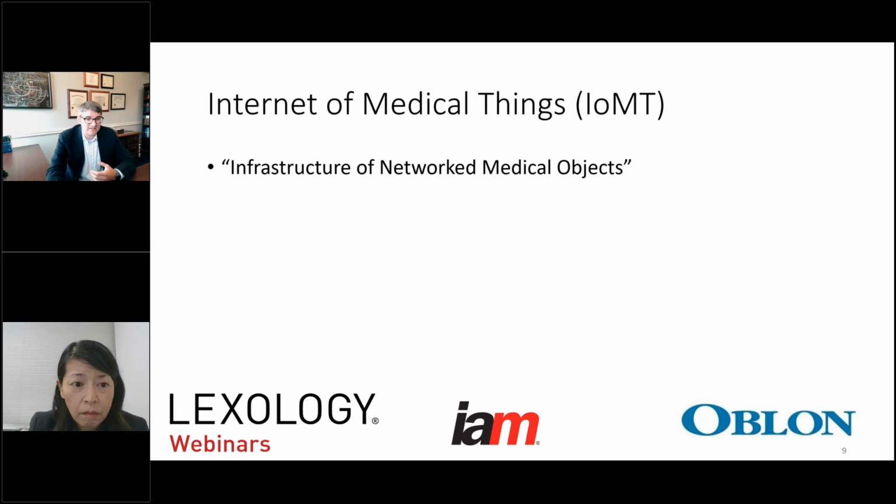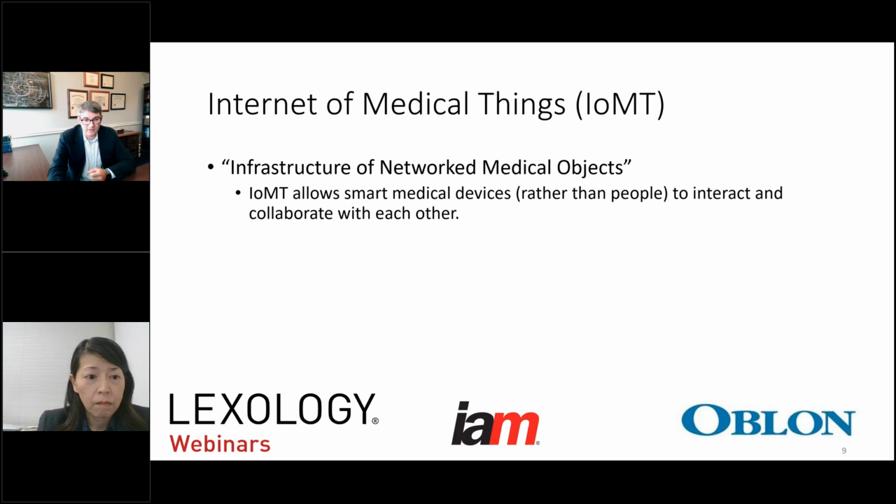So the Internet of Medical Things is an infrastructure of network medical objects, and there are a lot of examples of this sort of thing. We have examples such as the Apple Watch, which is being used to make decisions about all sorts of things, and even new things that are coming out every day that it can be used for. And these type of devices that can get information from a large group of people are exactly what's needed in order to operate AI. We have these smart medical devices that operate and collaborate with each other and generate this data that's needed.